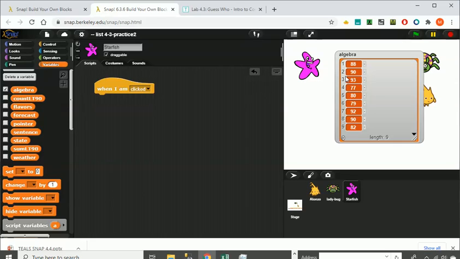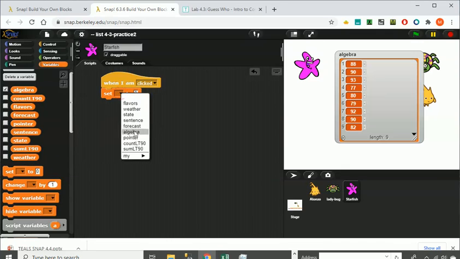So the first Friday you got 88, the second Friday you got 90, next week you got 93, then week 4 not so good, you got a 77 and an 80 and 79, and then by week 7 you're doing a little better. So this is going to be similar to what we did before. We can create a variable called pointer and set pointer to 1,